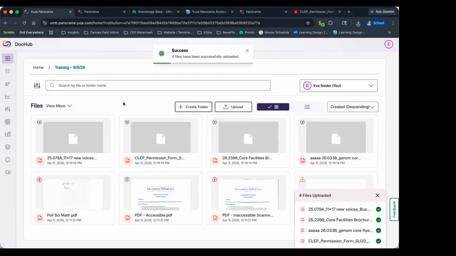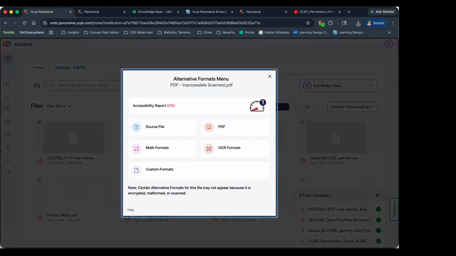Okay, I'm uploading a few additional files that folks have shared with me. So thank you for sharing those. Those will take a minute to process. So for now, I'm going to show off some of the things that you'll be doing in Panorama using some of these examples I already have pre-populated.